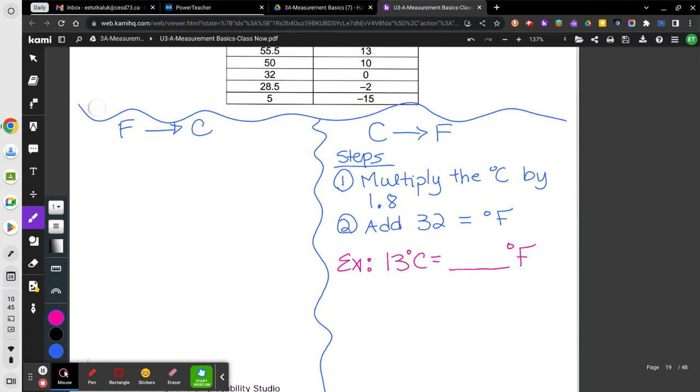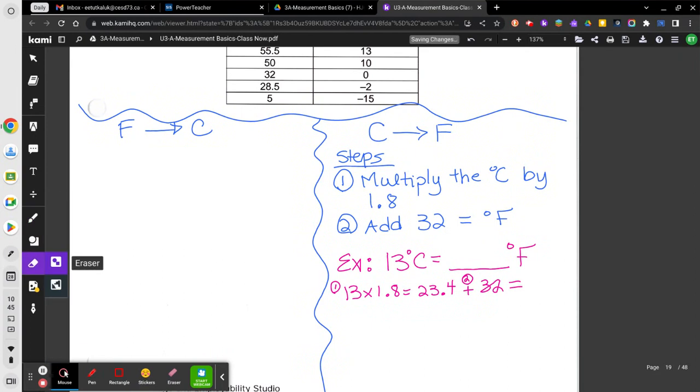So step 1, we're going to take 13 times 1.8. I get 23.4. Step 2 says add 32. That's going to give me my answer. So now I take 23.4, I add 32, that's going to give me